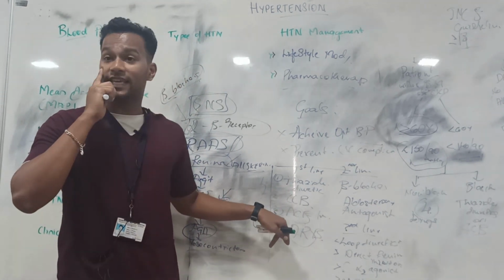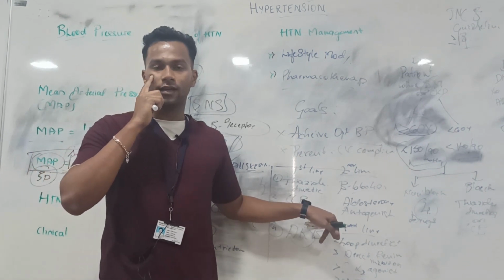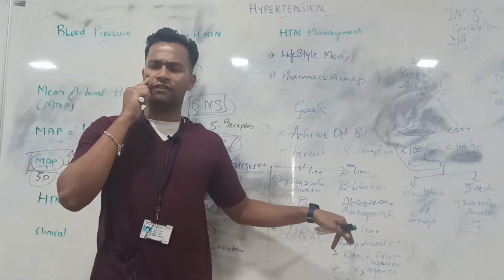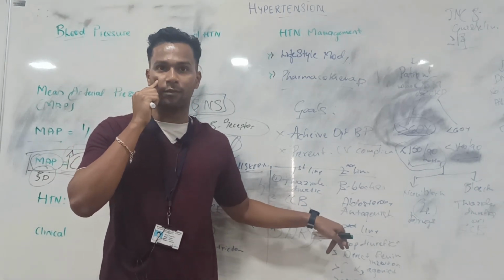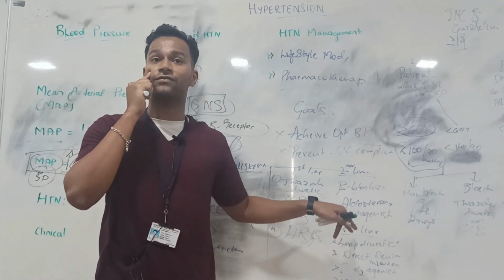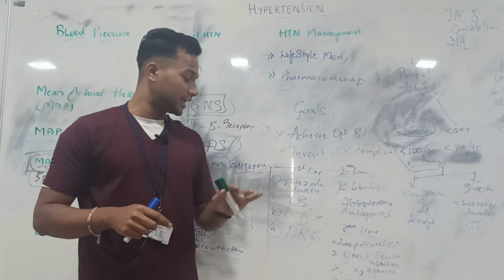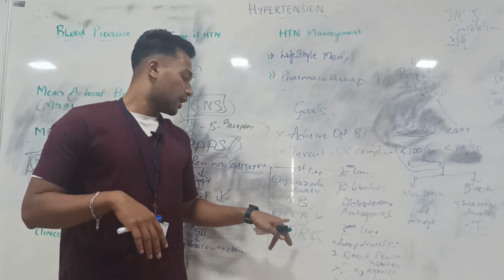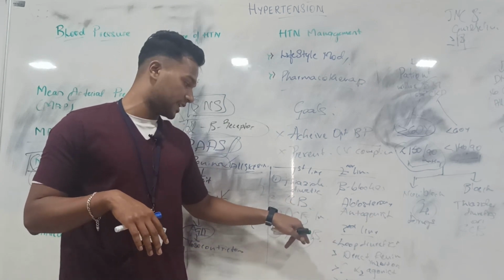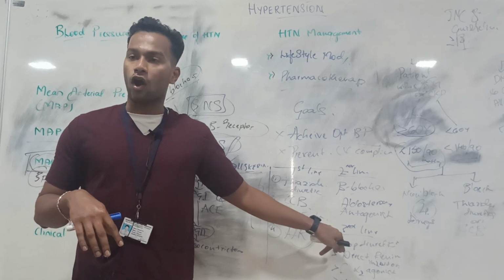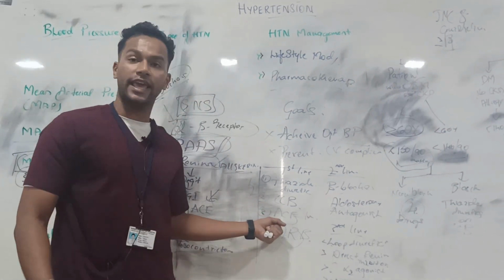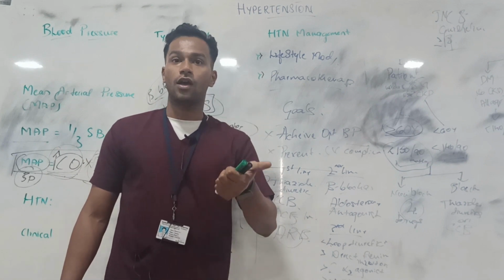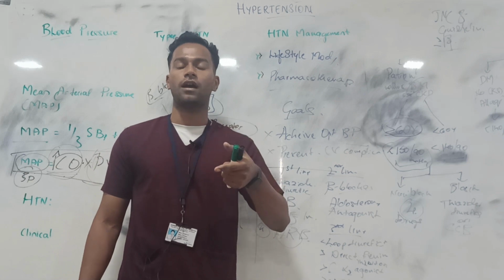Coming to the ADRs of ACE inhibitors, it has a dry cough, one thing. Then another thing is hyperkalemia, and another thing, which is very rare, is angioedema. That is one significant thing. If the patient has angioedema, then you have to definitely discontinue at that point of time. So you are not supposed to give ACE inhibitors and ARBs both. The dry cough is majorly seen in ACE inhibitors and not in ARBs. See, dry cough will occur because ACE inhibitors inhibit the breakdown of bradykinin, which will release the nitric oxides, which will cause